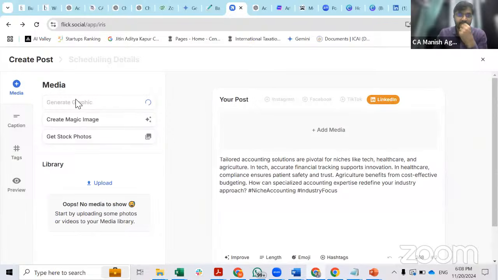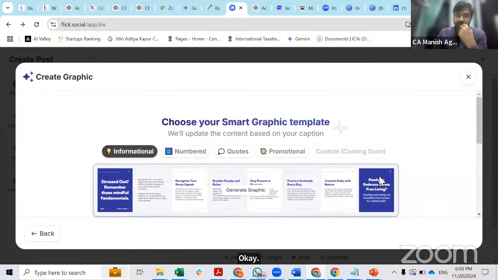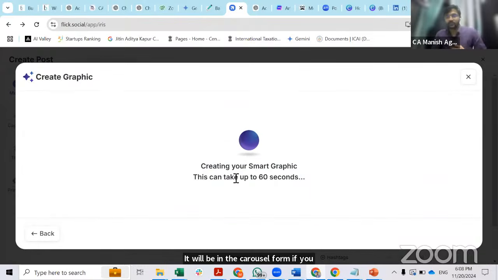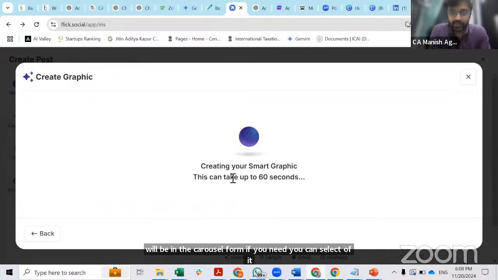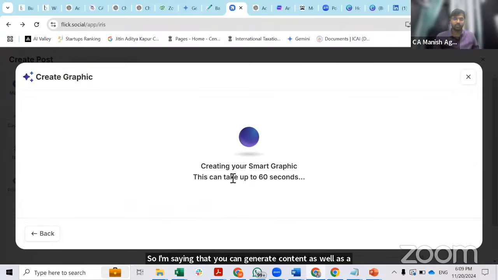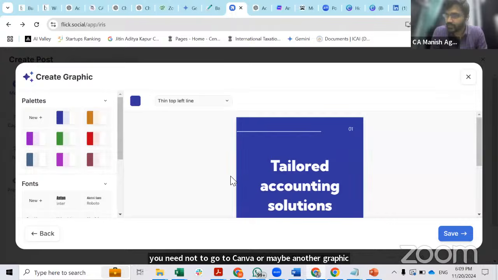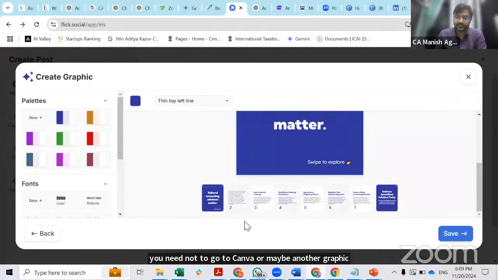No, I can generate some graphic as well. It will be in the carousel form if you need. You can select graphic. So I'm saying that you can generate content as well as design here in the same particular tool. You need not go to Canva or maybe another graphic designing tool to generate content and design your post. So you generate a nice